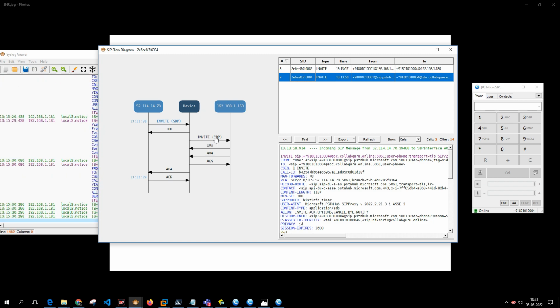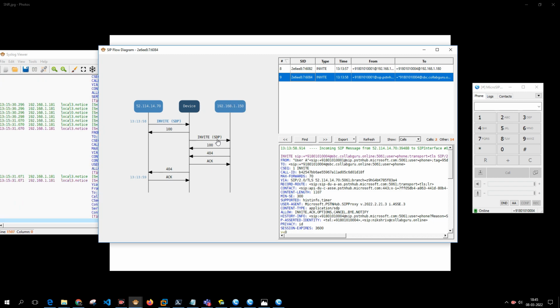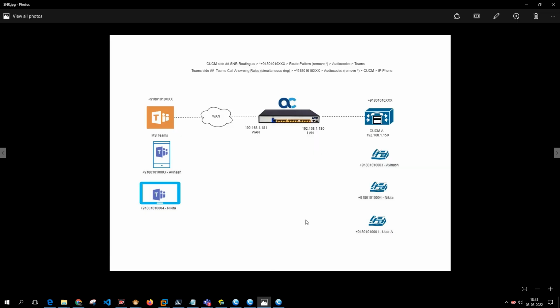But if you see here, it was trying to create a loop, which means this guy made a call to Nikita's phone here. So what Nikita's phone did was this Teams also tried ringing back on 10,004 here. So when this call came here, it rang here and then it also tried ringing on 10,004 here. But what happened was,